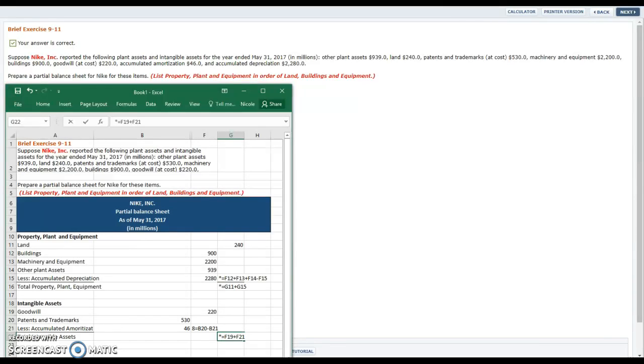Good morning. We are going to work on brief exercise 9-11 in homework 2. Suppose Nike Incorporated reported the following plant assets and intangible assets for the year ended May 31st, 2017. And so the information we are given is other plant assets for 939, land at 240, patents and trademarks at